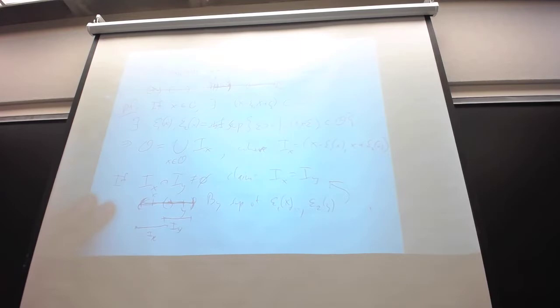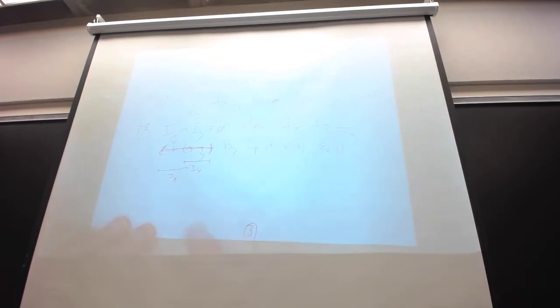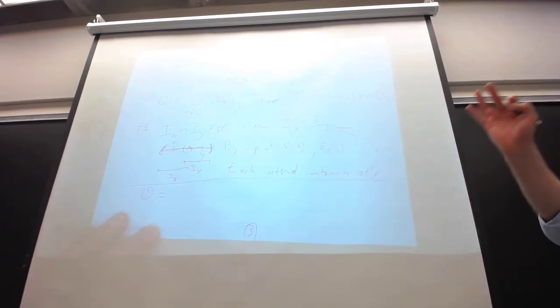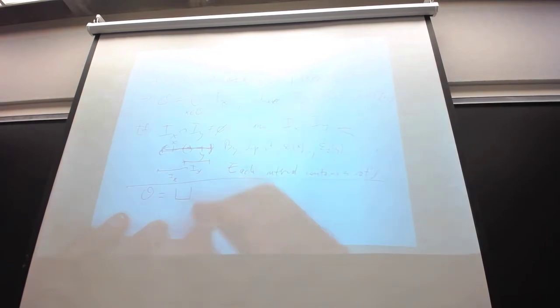That's clear? Okay. So now these are intervals. So each interval contains a rational. And you remove the repeated ones? Exactly. So we can write O. I choose a rational in each of the intervals. There are countably many. So O is a disjoint union of a countable number, possibly infinitely many, of these intervals. They're rationals. Okay?